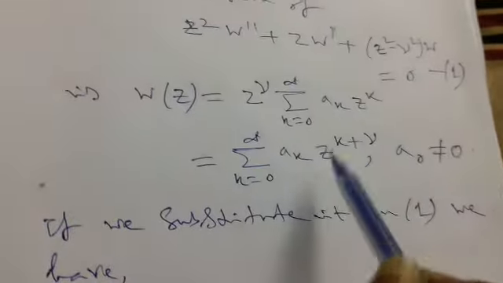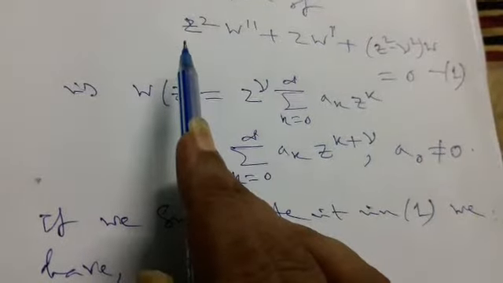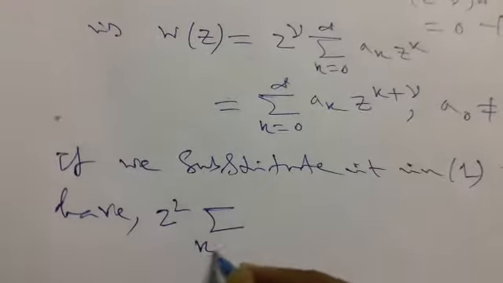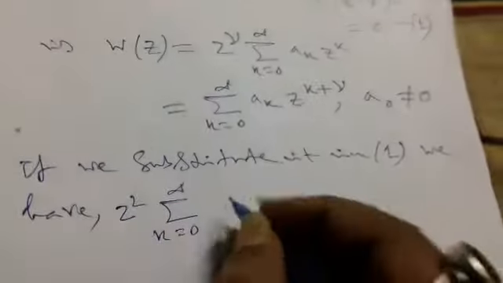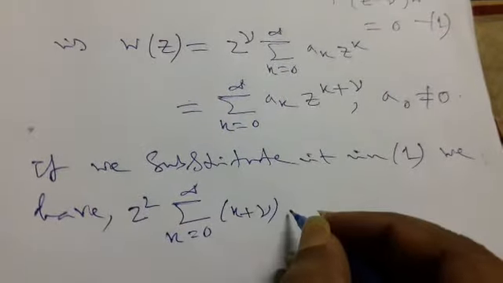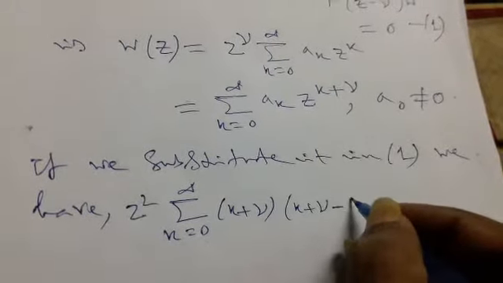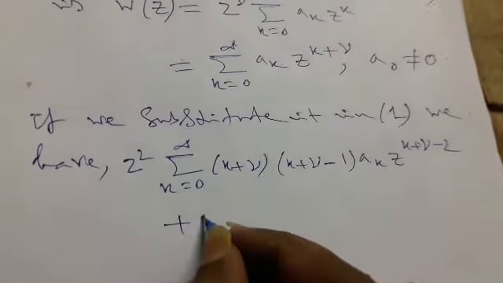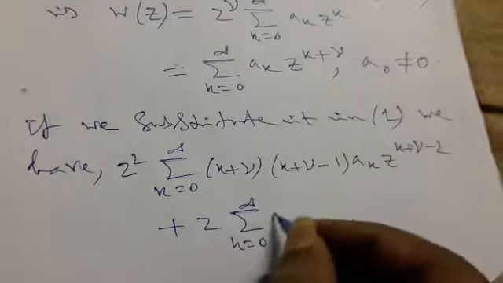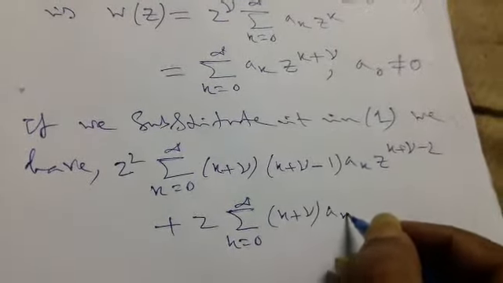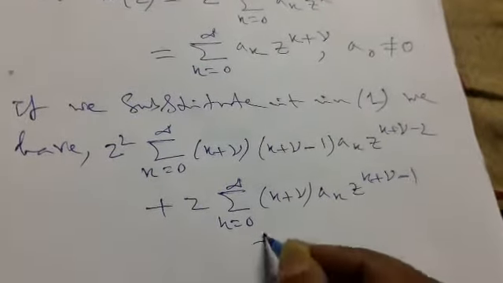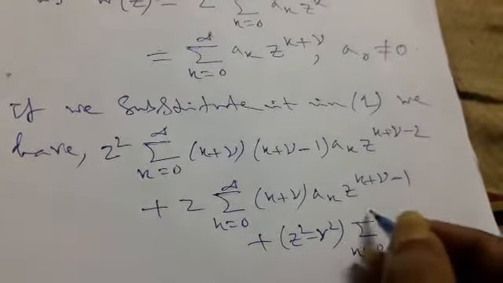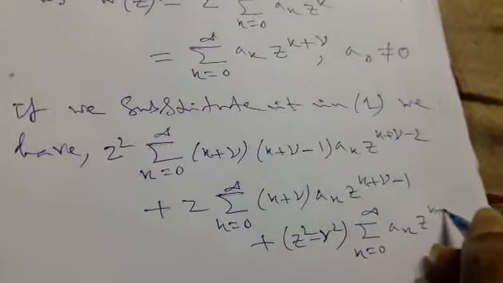it is clear, if we take the derivative of these terms, that is a k, and after that the double derivative, we finally write it as z squared times the sum of k equals 0 to infinity of (k plus gamma) into (k plus gamma minus 1) a k z to the power k plus gamma minus 2, plus z times the sum of k equals 0 to infinity of (k plus gamma) a k z to the power k plus gamma minus 1, plus (z squared minus gamma squared) times the sum of k equals 0 to infinity a k z to the power k plus gamma